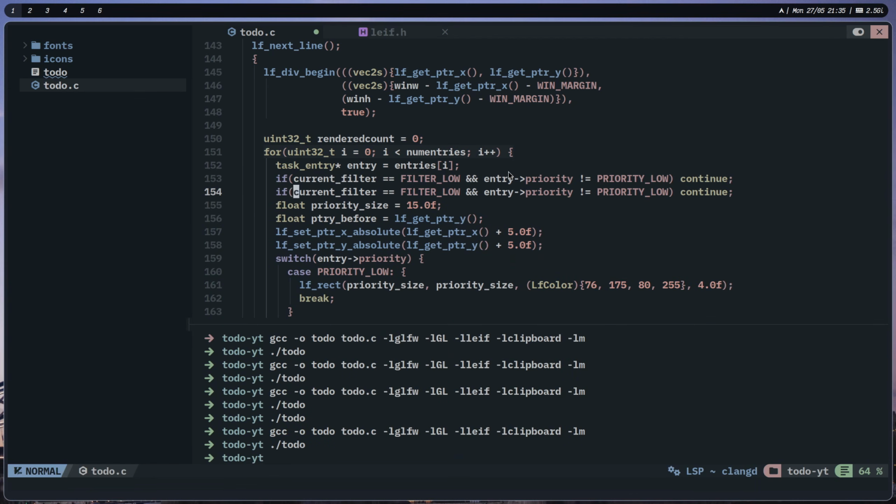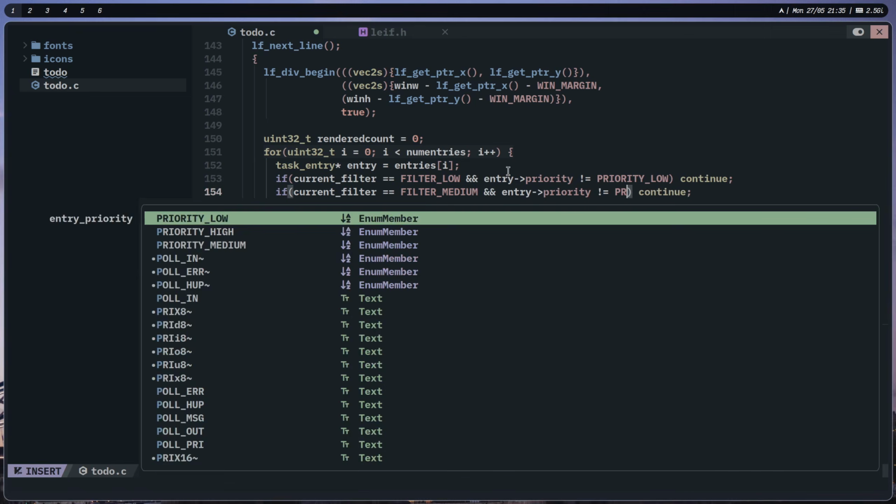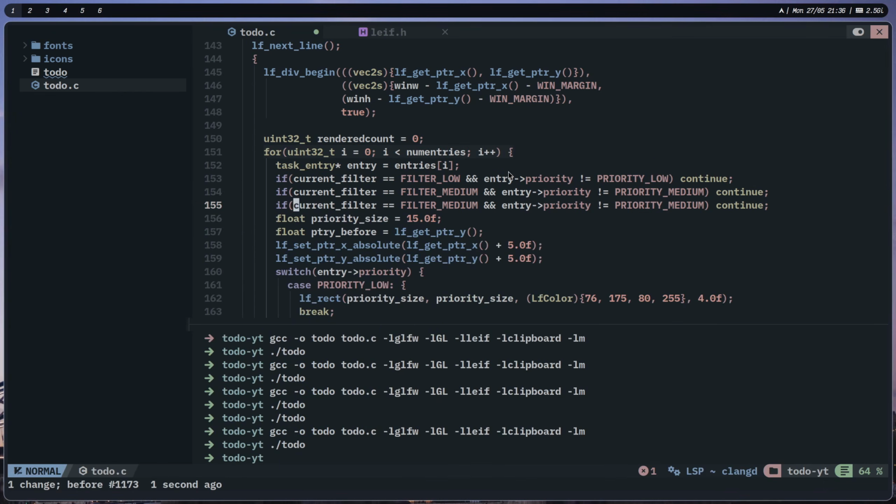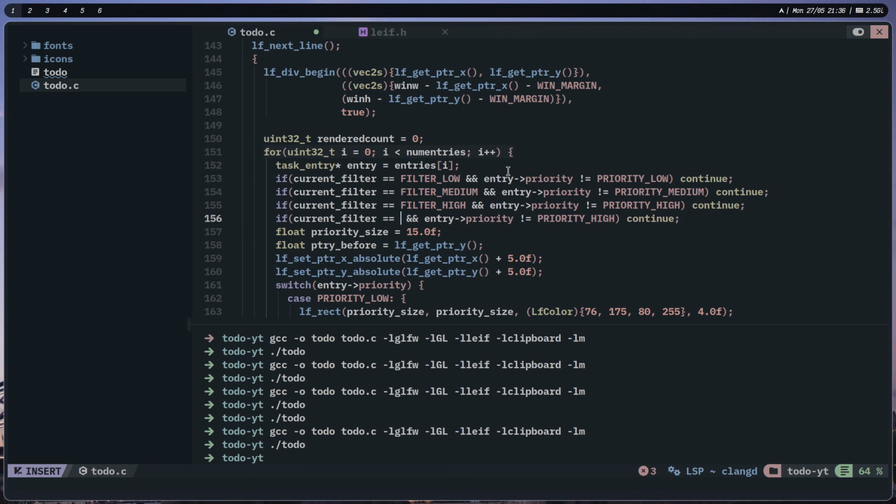So yeah, and if the filter is medium, filter medium, and priority is not equal priority medium, we also want to continue. Okay, and if the current filter is high, and the priority is not equal high, we also continue,